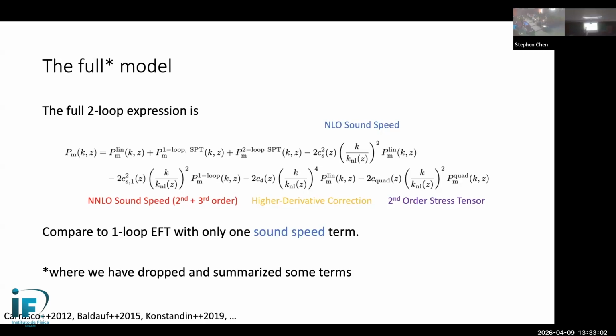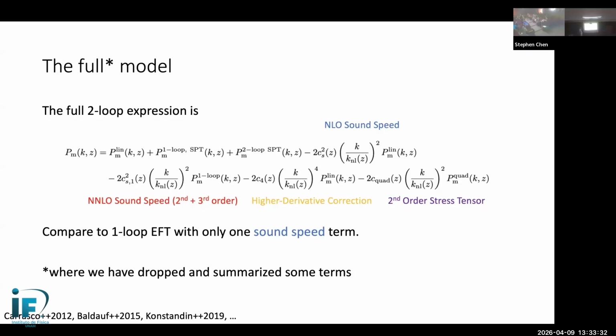So the c_s squared term here is a sound speed term, very much like I was showing for the case of water. This is the leading order sound speed term. This fluid turns out to have a non-trivial time dependence, so it has hysteresis compared to fluids like water, which have a very fast relaxation time. So you also have to include, for example, a sound speed at next leading order, which captures the time dependence of the sound speed, and then there are also higher orders. There are also higher order derivative corrections and higher orders in the stress tensor.